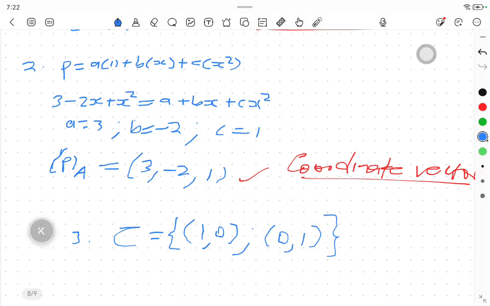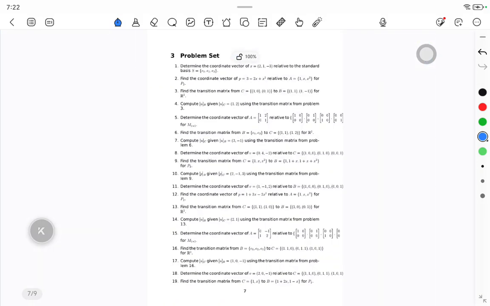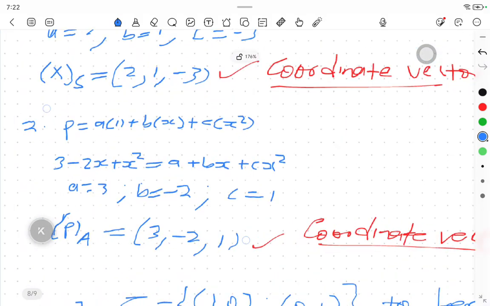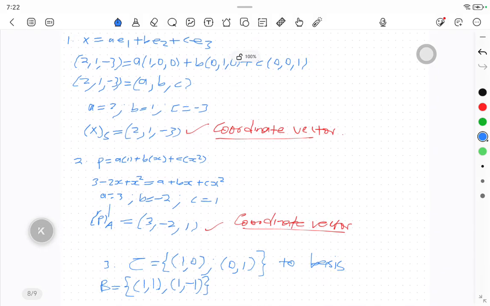And B has the basis vectors 1, 1 and 1, minus 1. In other words, if you must find the transition matrix from